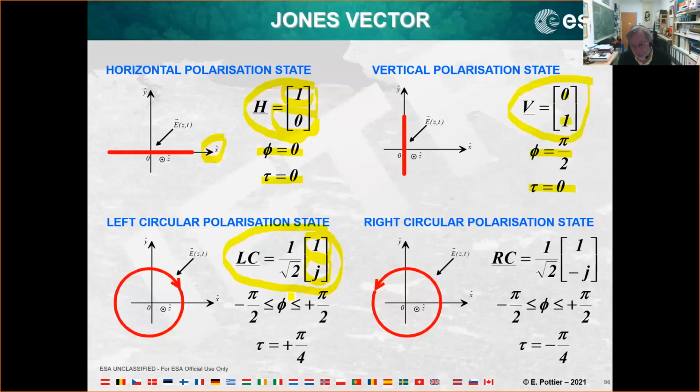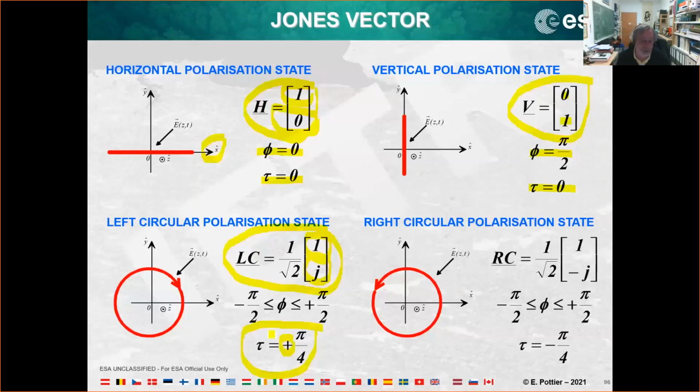But what is very important is now the ellipticity angle. The ellipticity angle reaches its maximum value of 45 degrees. So the ellipse is totally open and becomes a circle. So at the beginning it is a line, and then I'm going to open the ellipse, and the ellipse becomes a circle, 45 degrees. And if I look at the sign, I find a plus 45 degrees, a positive sign, so it means it will be a left circular polarization.